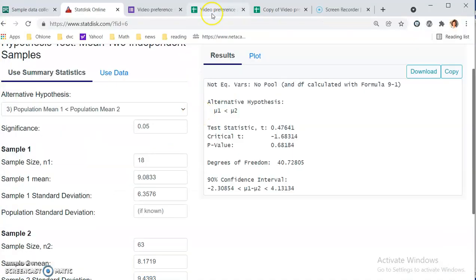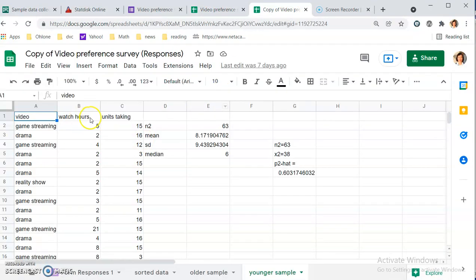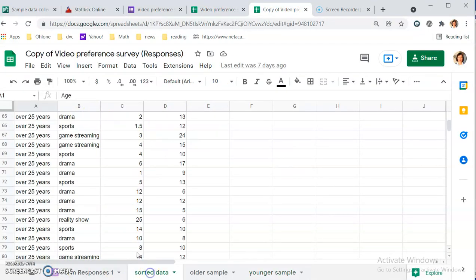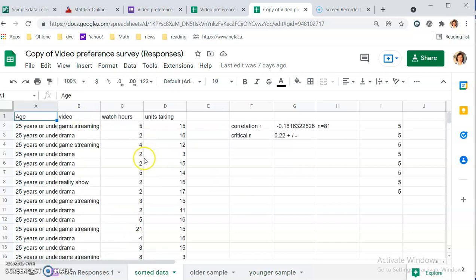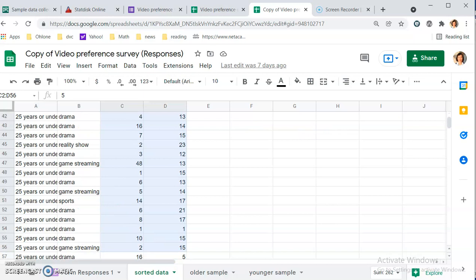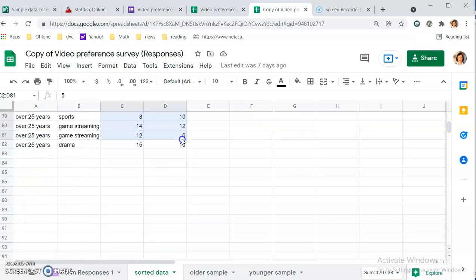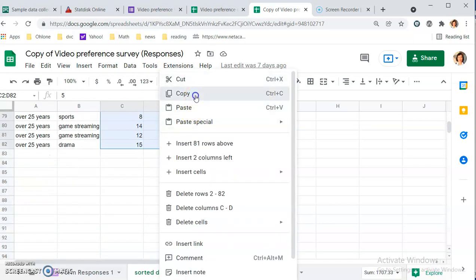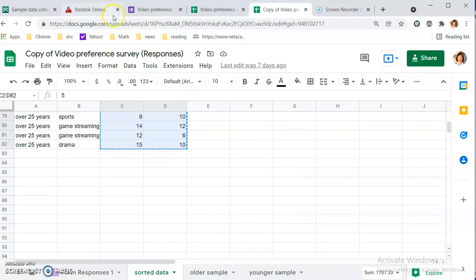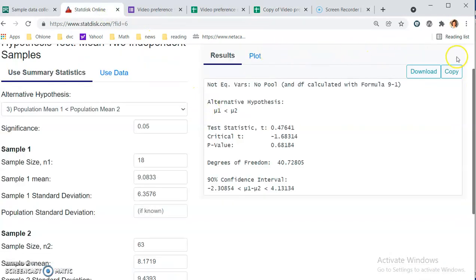In order to do that, I need to copy my data that I have in here with the two samples, copy both of them into StatDis because I cannot summarize it to do a hypothesis test. Okay, so copy them into StatDis,